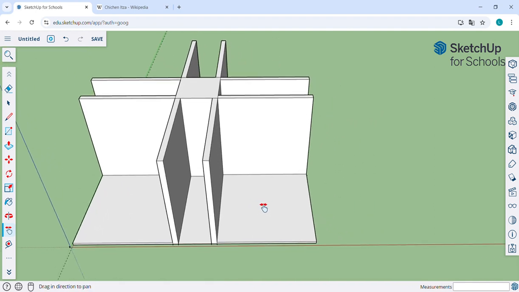So how do we do it? These building blocks have a certain symmetry. So what do we need to do? We first need to draw some squares on the floor, and then we're going to push this up. So rectangle, and from this corner we're going to build a 9, 9, enter,